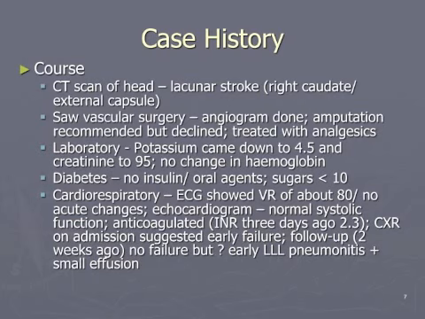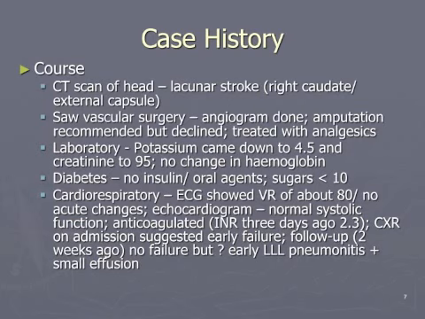Her diabetic control wasn't difficult. She was not on insulin or any oral agents, and her sugars were less than 10. From a cardiorespiratory standpoint, her atrial fibrillation slowed down. Her ventricular response came down to about 80. Echocardiogram showed pretty good cardiac function. She was put on anticoagulants and was in good control. Her INR was 2.3 about 3 days ago. Her chest x-ray, when she came in, looked like early failure, but then that cleared. But the last one suggested she might have some inflammation or infection in her left lower lobe.